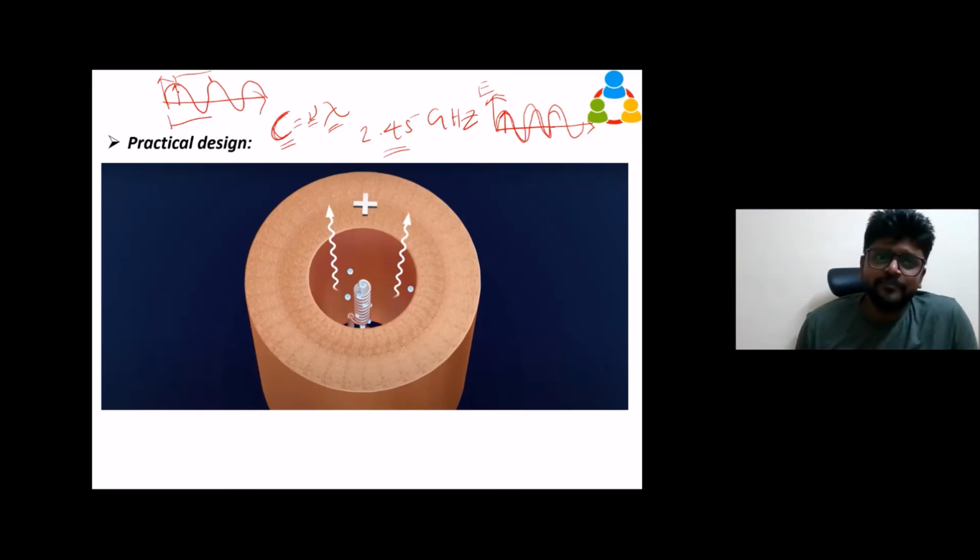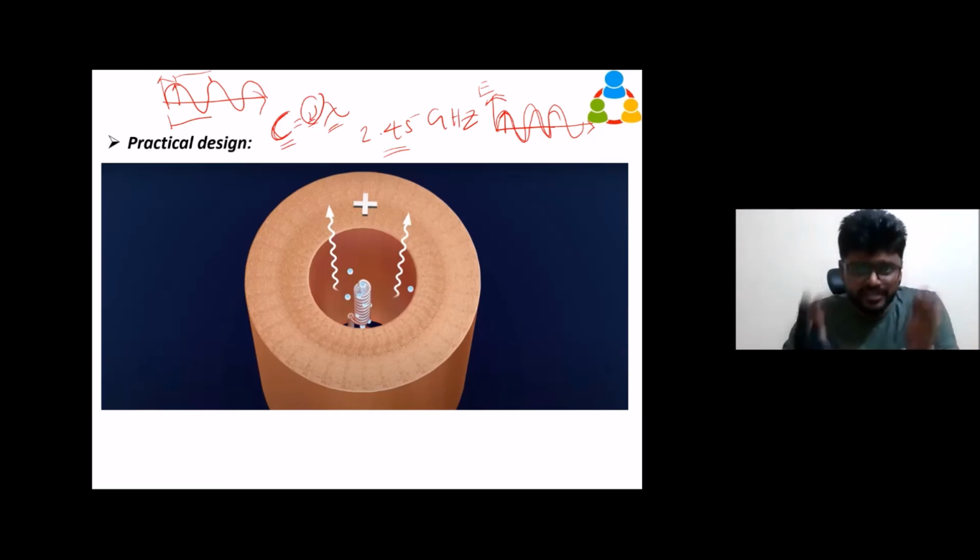So only by increasing the amplitude, we can increase the energy. By increasing the frequency also, we can increase the energy. X-rays and gamma rays are high energy waves. But I am not talking about that. I am talking about within the microwaves only, with the same frequency, how to increase the energy by increasing the amplitude of the electromagnetic wave. For that only, we are going to the next level.